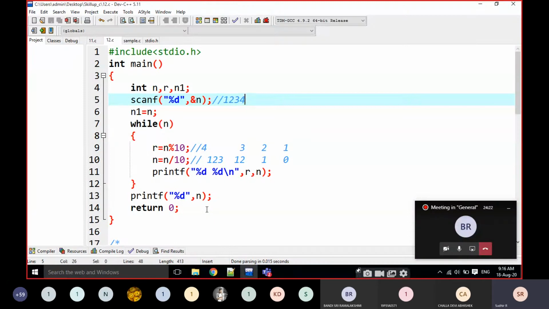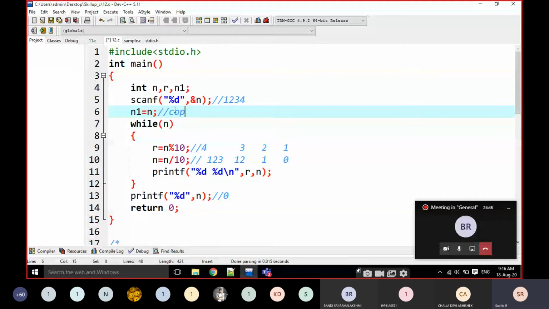Write comments also. What I am writing there, write those comments also. After the loop the value becomes 0 here. That's why we are maintaining a copy of the number.